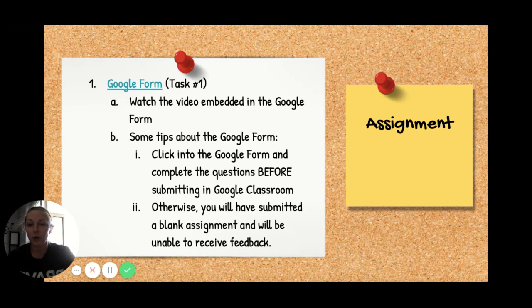So if you're watching it from the materials, you need to go to the Google form and then click on it and answer the questions. This is not due until Sunday, but if you get this done today, on Tuesday, tomorrow, you will receive some feedback, and that will help you know if you need to